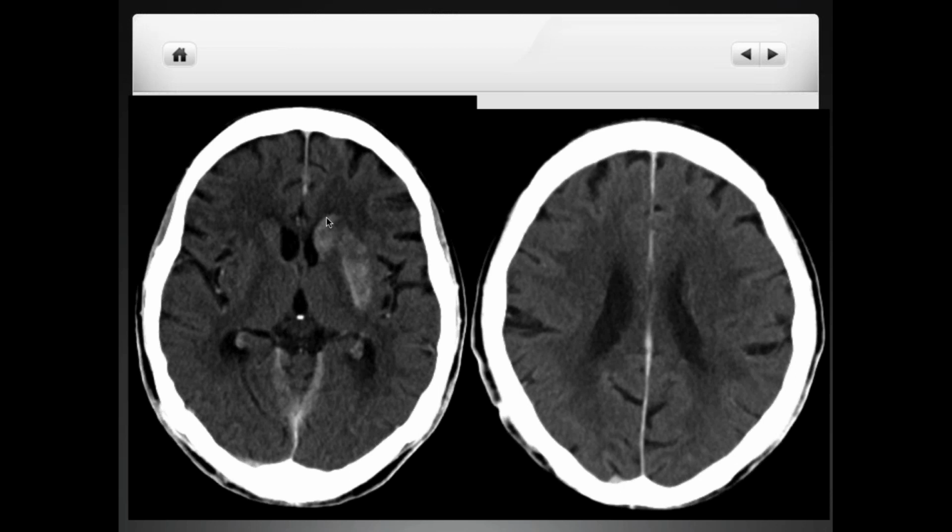CTs. Don't ever be surprised, or shocked, if you're reading this scan, and please don't call this a bleed. It's not a bleed. It's just contrast staining in the areas of stroke. Remember, this patient had a caudate and a little bit of lentiform nucleus stroke. This patient had some contrast staining, but for the most part, this patient did very, very well with, as I said, most of the MCA territory completely spared.